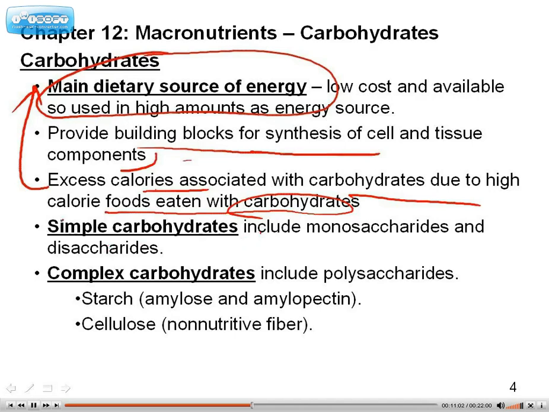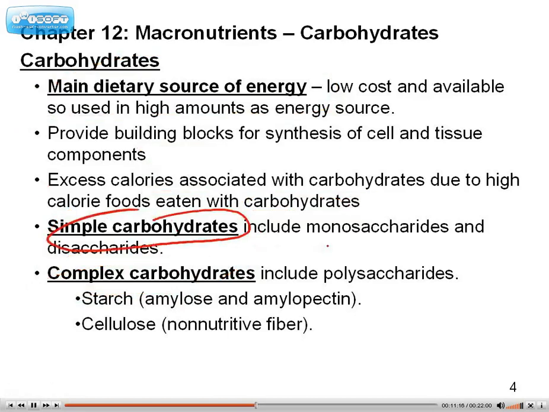And that's oftentimes where all that excess energy, if it's not burned down during exercise, then obviously it's turned into fat. We have two types, simple and complex. Complex is broken down over time at a slower rate, so it's considered the good type of sugars. Simple carbohydrates speaks for itself. Those are the simple monos and di sugars, monosaccharides and disaccharides. This is what candy is mostly made up of, and consequently the body goes through it really quickly, so you get a nice rush, and then the body realizes that's too much, and then you go through a lull. Complex, there's a nice steady burn throughout the day, so it's better to have these. These are found in whole foods such as fruits, breads.